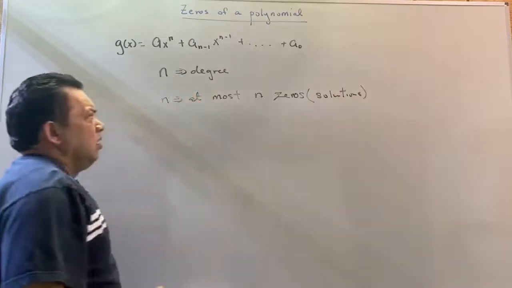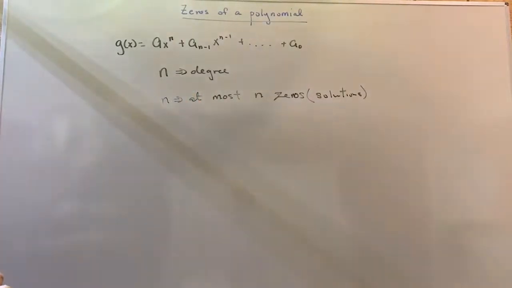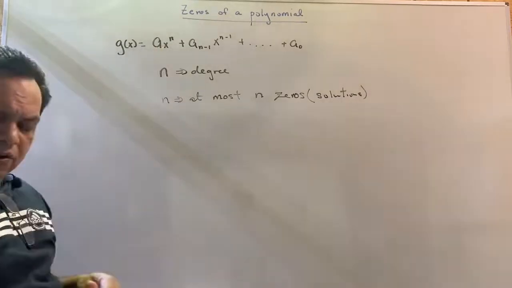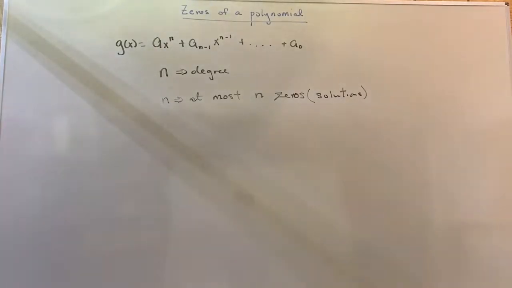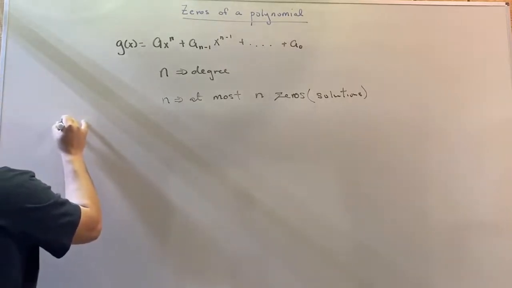In addition, linear factorization tells us that n also tells us something about the number of factors we have. If f of x is a polynomial of degree n, where n is greater than 0, then f has precisely n linear factors. So what does that really tell us? If we look at an example,